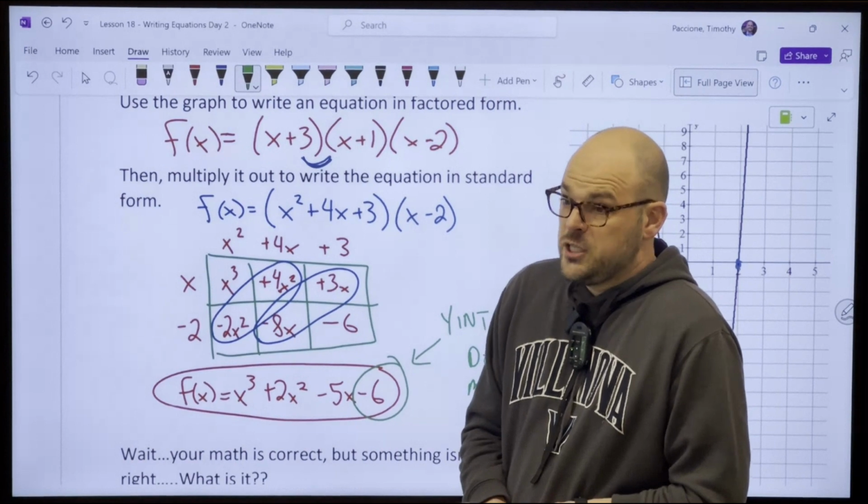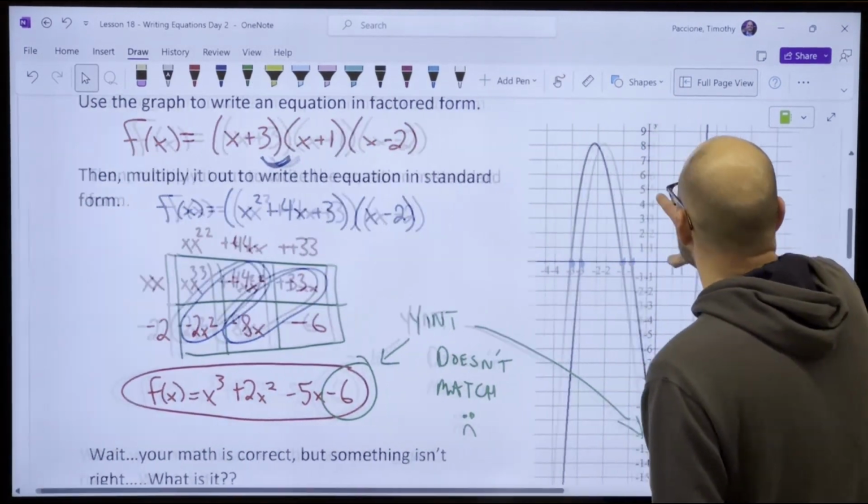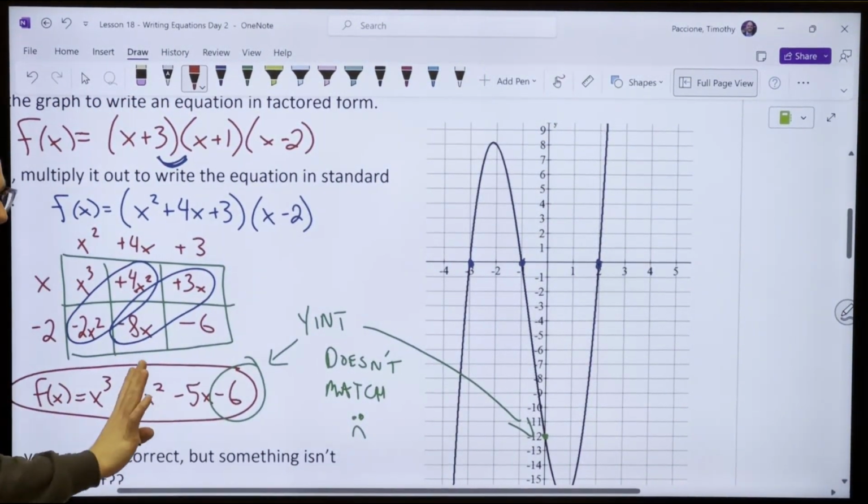Direction, or it stretches or shrinks, right? Okay, so we didn't do anything wrong, right? But think about this. If the graph looked like this,